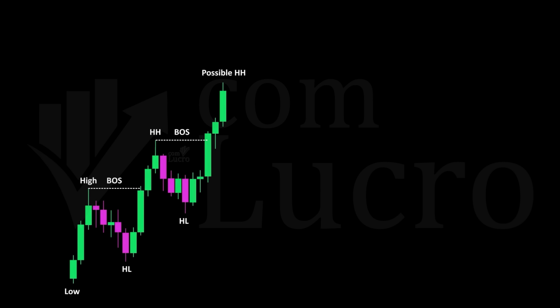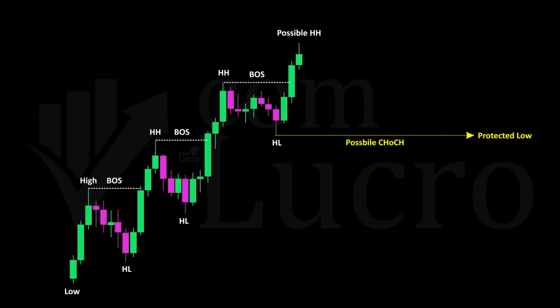At that point, we mark the lowest point responsible for starting that impulsive move as the new higher low, also referred to as the protected low. As long as price remains above this level, buyers continue controlling the market, and we should focus only on buying opportunities. Once again, price pushes higher and forms another breakout, creating a fresh structural high, and we continue maintaining a